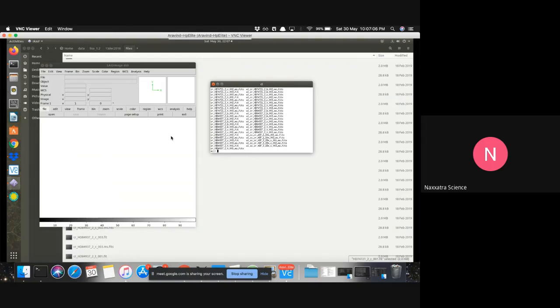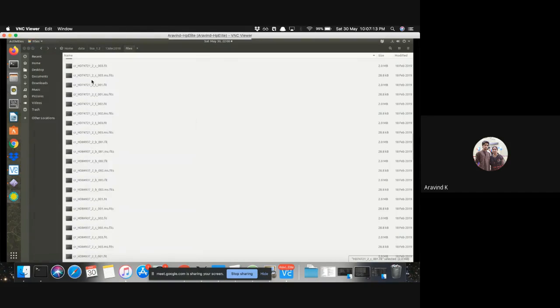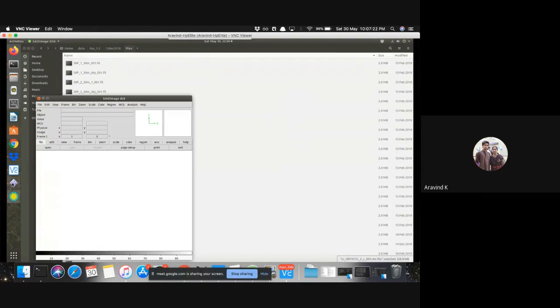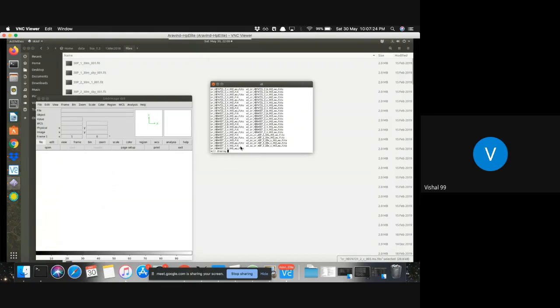The previous one was a single FITS file? Yes, it's a single FITS file. What is a FITS file?